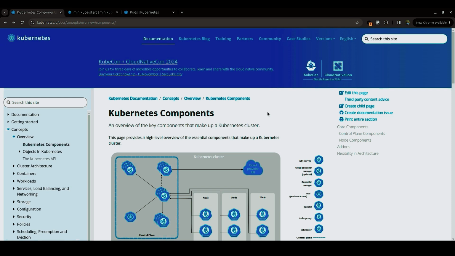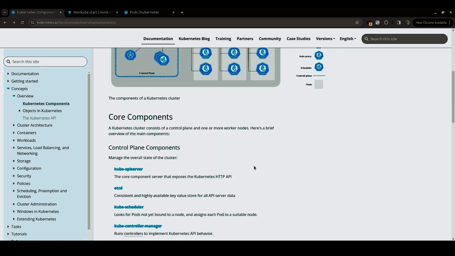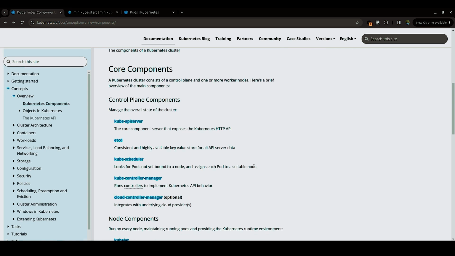Let's take a look at Kubernetes components. A Kubernetes cluster consists of a control plane and one or more worker nodes. Here we have only a control plane and 3 worker nodes. A control plane manages the overall state of a cluster, and it consists of a kube API server which exposes the Kubernetes HTTP API, etcd which is a key value store for all API server data,